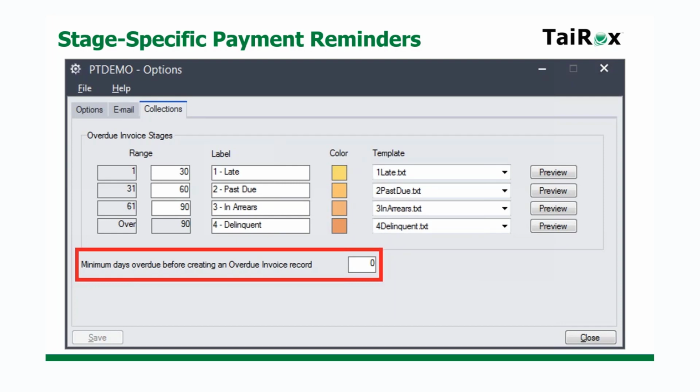You'll notice that I've put a red box around a field on the UI because I want to talk about this for a minute. Let's suppose your invoice is due on September 30th and your customer mails you a check on September 28th. Do you want the very second the invoice becomes due, do you want to send a reminder that moment, or do you want to have a grace period? You may already have their check in hand and it may not yet be entered into Sage 300. So this grace period field is a way of saying, yes, it's based on due date, but I want to lag by a few days before I create the notion that this